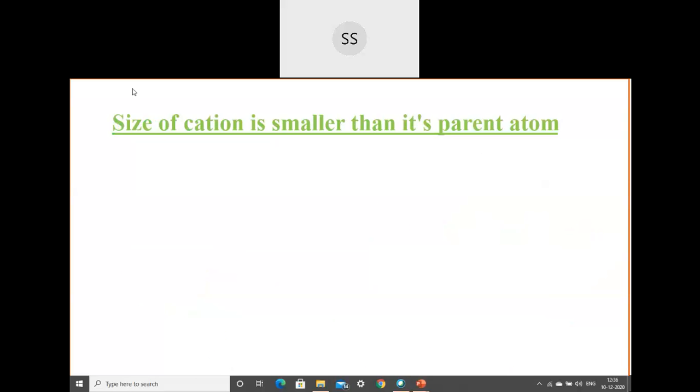Based on this you can expect a question to be asked, like why the size of the cation is smaller compared to its parent atom. So they ask you this question, why the size of the cation is smaller. You have seen just now for sodium, atomic number 11, it's 1s2, 2s2, 2p6, and then 3s1. This is the sodium atom. And when you talk about the sodium ion, when they lose one electron, minus one electron I will write here, they will get converted to sodium ion.